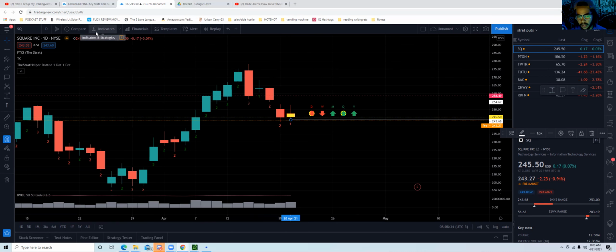Right now, the weekly signal is a two down. And it's looking in the daily right now, it's doing a 2-1. If you want to play it to the downside right now, as soon as it breaks below this one, you can hit that. Have yourself a tight stop loss, at least 10 to 20%, or you can set it at maybe the body of this one or maybe below it, whatever. It just depends on the price and how much you want to lose, but I would leave it at a percentage or whatnot, because you don't want to lose too much money. If it goes against you, it goes against you.